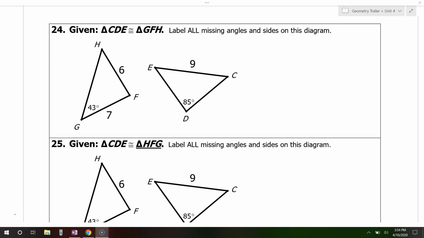In this video, I will show you how to find the missing parts of congruent triangles. Label all missing angles and sides on this diagram. Well, I know that